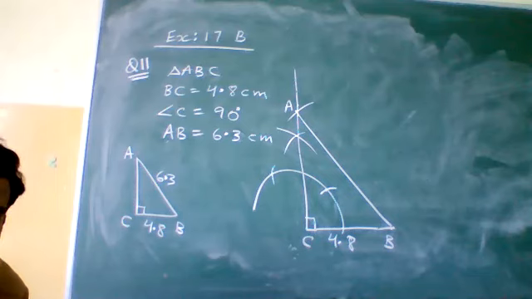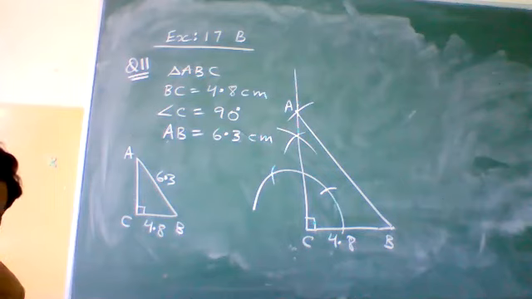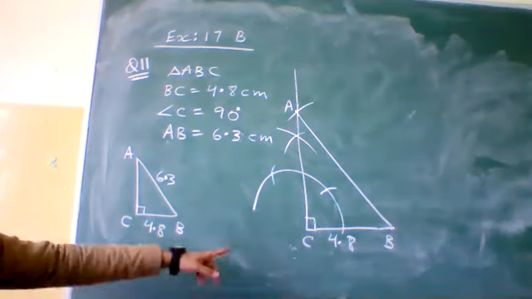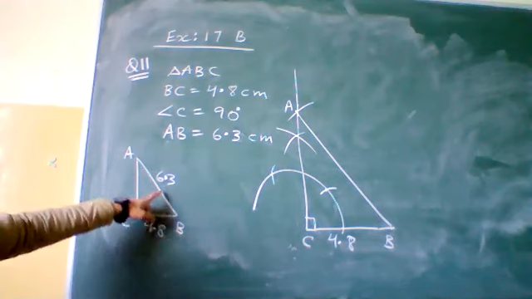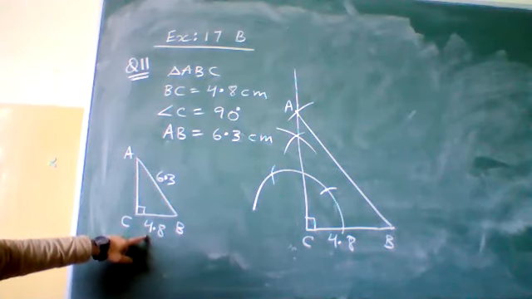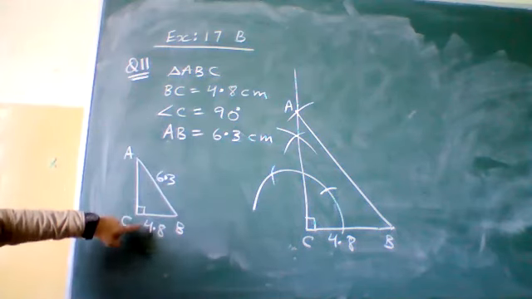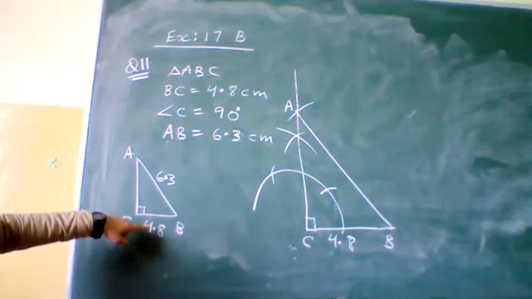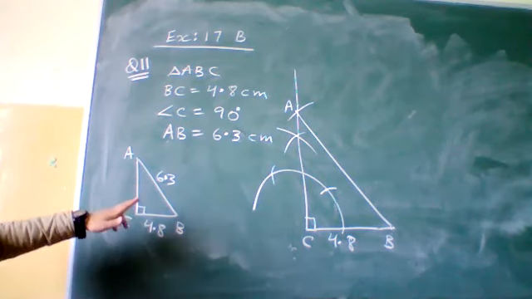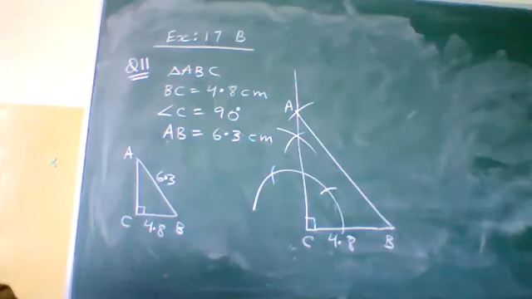In it, you have to identify the hypotenuse. The hypotenuse side you don't have to take in the base. I have not taken the hypotenuse in the base. Look carefully, the other given side I have made in the base. So always follow this. Don't draw the hypotenuse in the base in these types of questions. First you identify what is the type of the question and then you do accordingly.